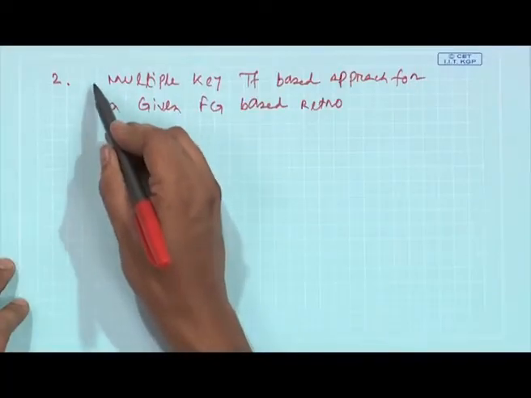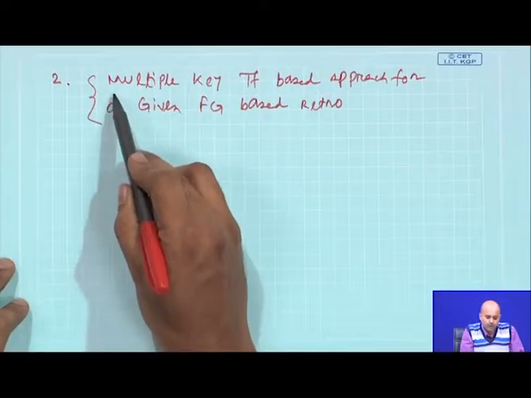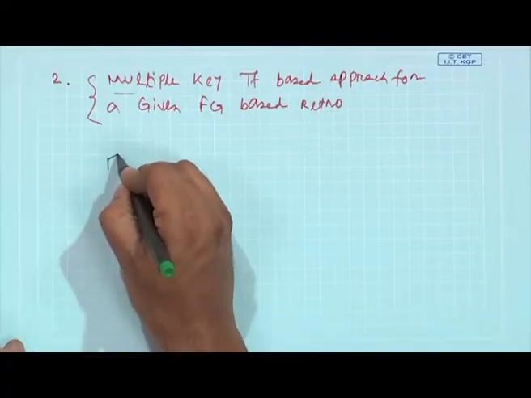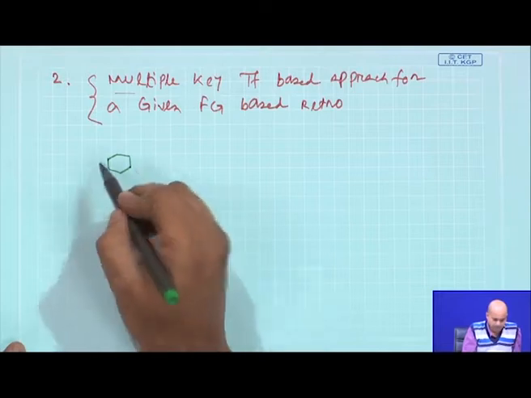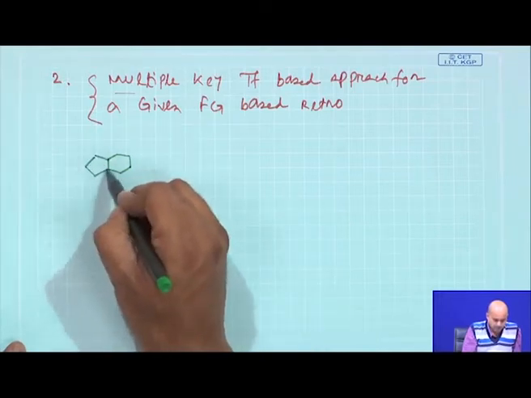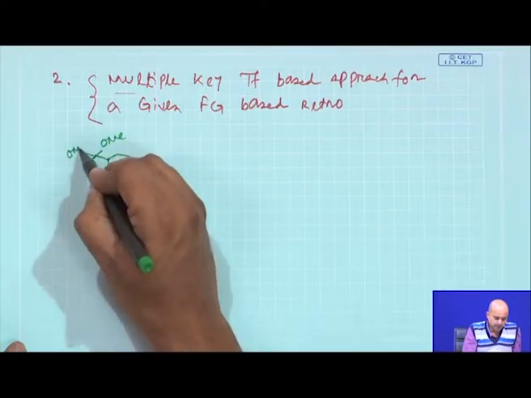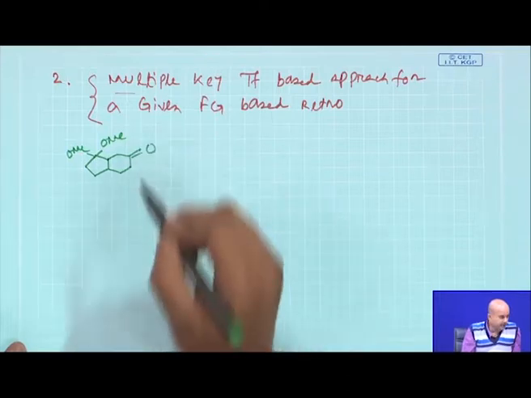Here we are trying to follow a similar pathway, but we will explore if multiple key transformations are available. This means that the target molecule will be a little bit complex here, where you need to find that more than one key transformation will be needed, but definitely we will be trying to do a skeletal disconnection. The initial problem which I gave you for this set is a complex carbocycle skeleton, and it has 4 different rings.